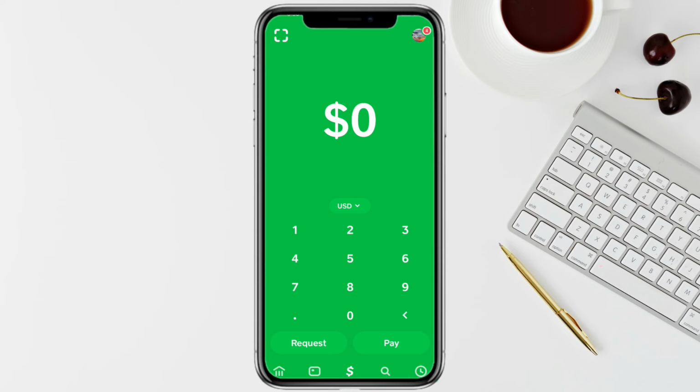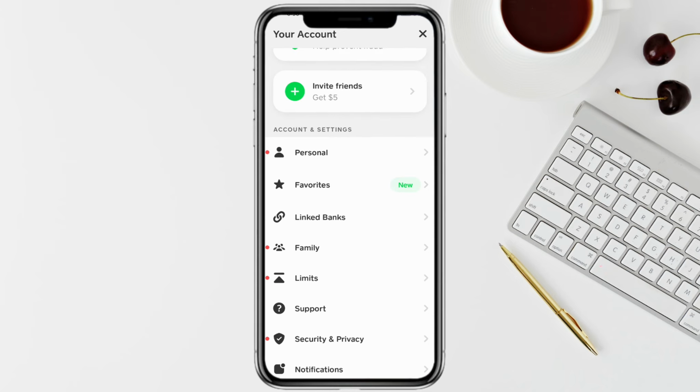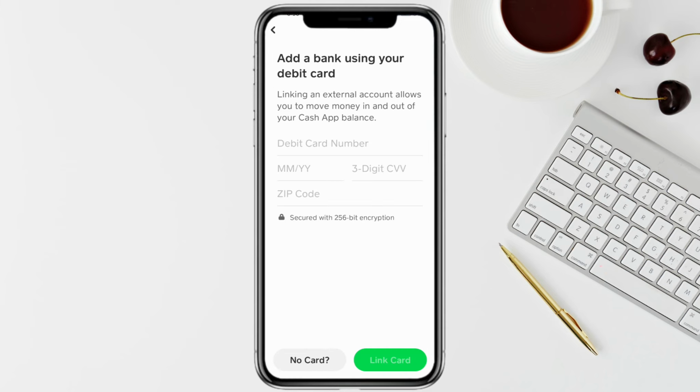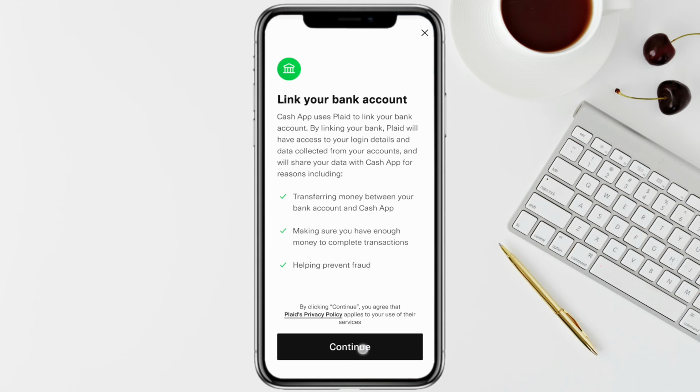In this video I'm going to show you how you will be able to transfer your money from your Cash App account to your Wells Fargo account. So for that, just open your Cash App account, and after that just click on the profile icon from the top right, and here just scroll down and click on link banks, and after that just tap on link debit card, and now just click on no cards from the bottom left, and after that just click on continue on